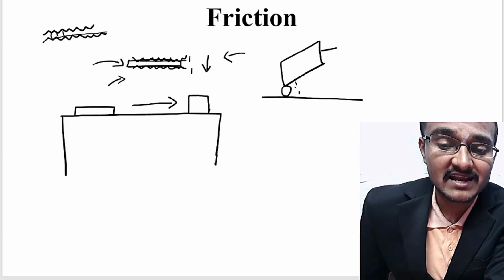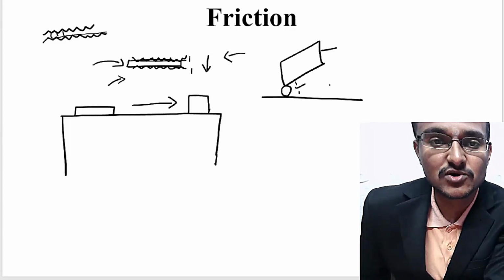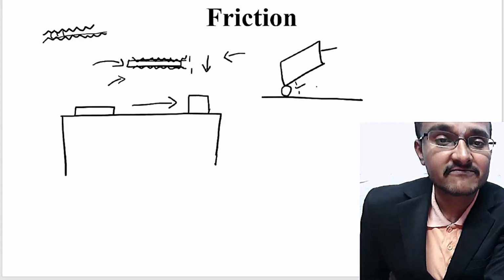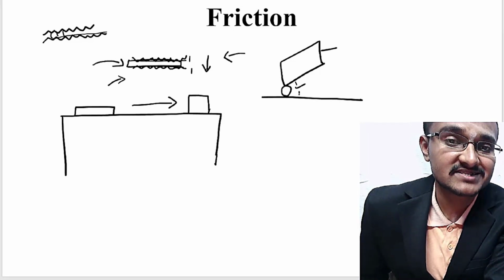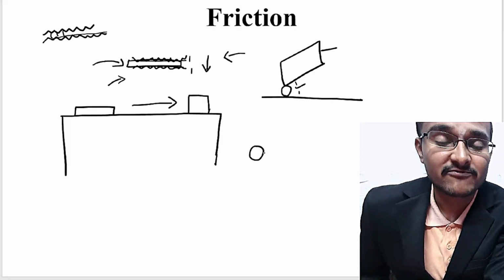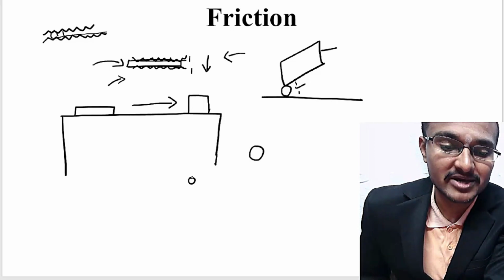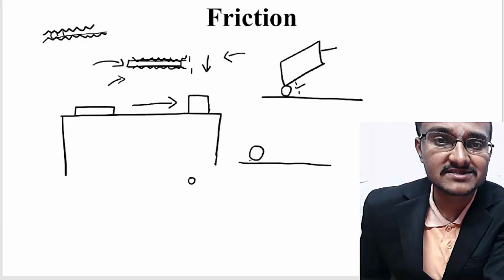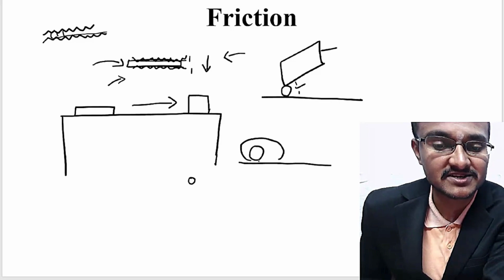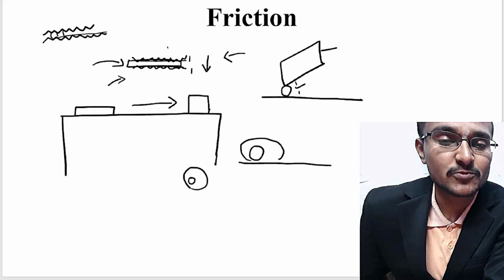So now the wheel has reduced that friction, and hence this suitcase can be easily moved on this ground because of these wheels. Hence here also you can see that a circular object is actually responsible for reducing the friction. Even in engines you are using ball bearings which are circular in nature. Hence the wheels reduce the friction, ball bearings reduce the friction, and also oils and lubricants reduce